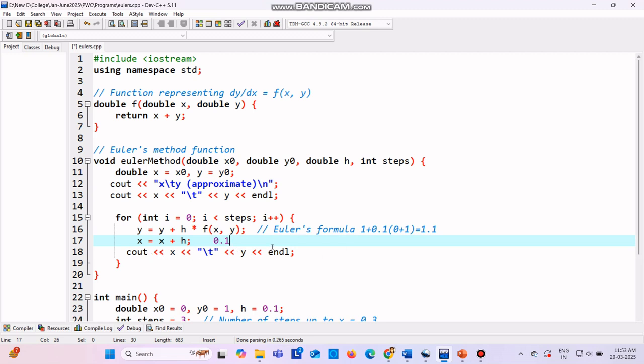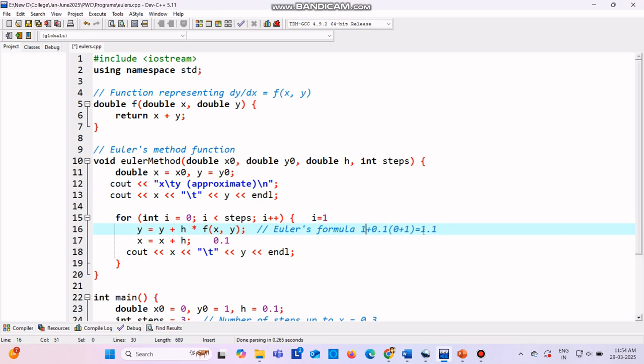Next step: when we increment, the i value will become 1, that is, we are in the second time step. 1 less than 3, so again we will enter and update this formula. What is the new value of y? The y value is the one we just got. So it will be 1.1 plus h, which remains the same,